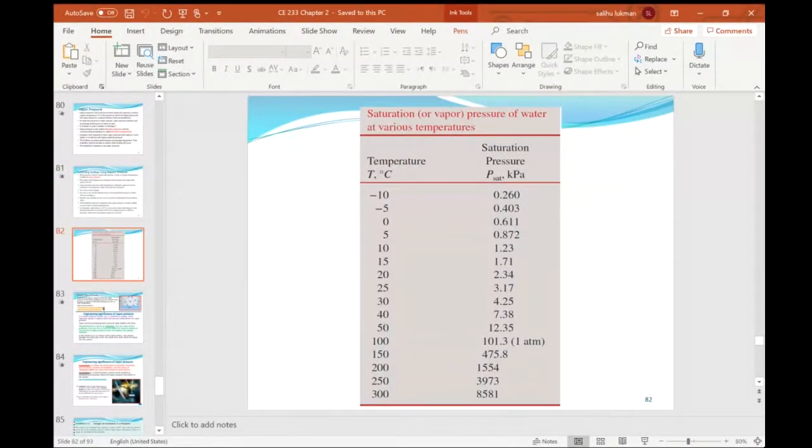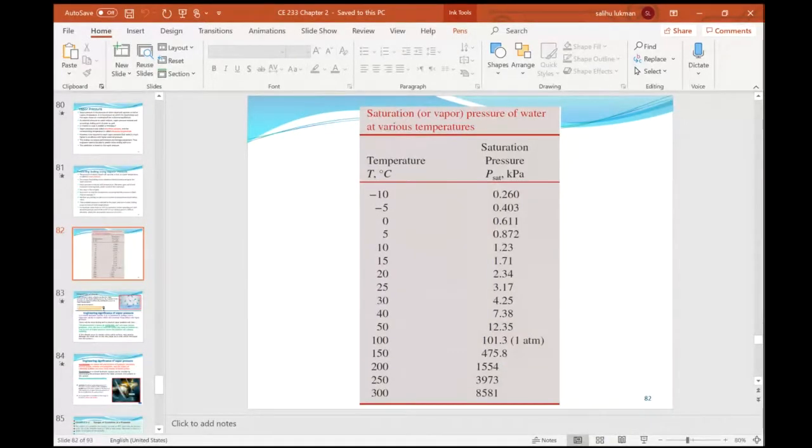Now, let me show in the chart. This is showing the saturation vapor pressure of water at various temperatures. The vapor pressure is in kilopascal. So you can see at various temperatures, as the temperature of water increases, so does the vapor pressure. At 100 degrees, the vapor pressure is 101.3, which is the atmospheric pressure. So what this means is that